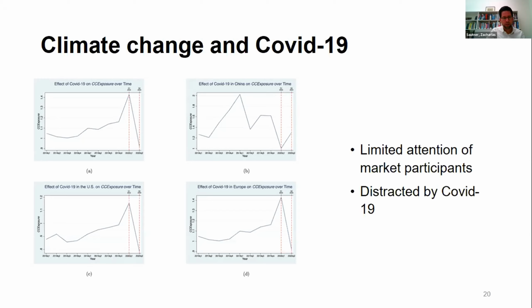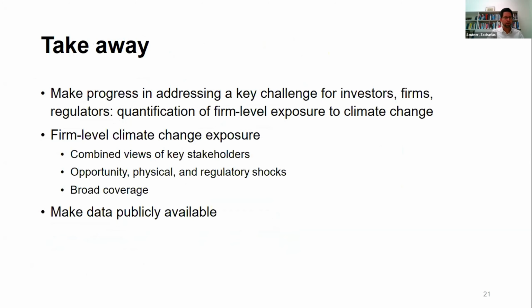You see in figure B, this first happened in China. So you see a decline in the climate change exposure measure in the first quarter of 2020 in the calls in China. There's not yet an effect in Europe and the US because we all know the COVID pandemic hit these countries and the firms later. But then in the second quarter of 2020, we see exactly the same effect also in the US and in Europe. So let me conclude.